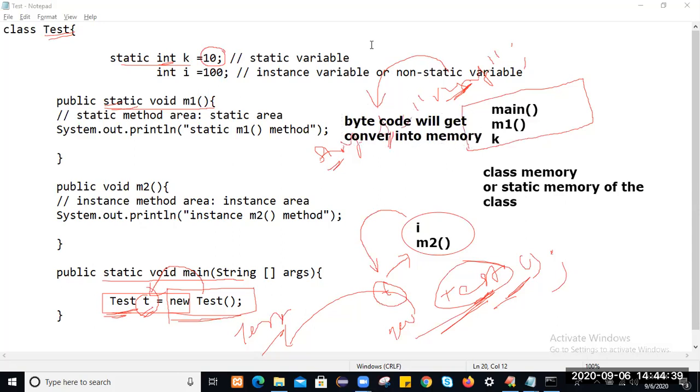Your system doesn't understand what you write in string format; it understands only binary, zeros and ones. So once you compile this application, the .class file will get generated, this bytecode gets converted into binary, and memory gets allocated for the static members.